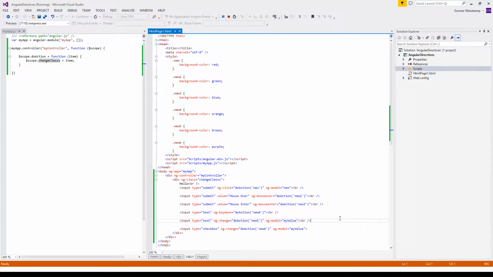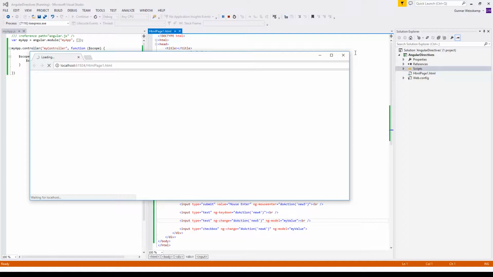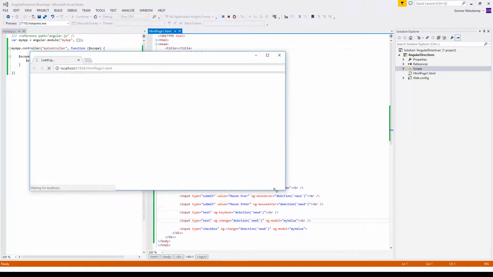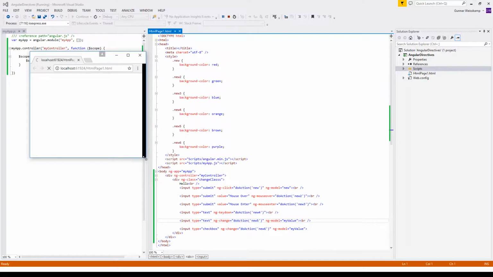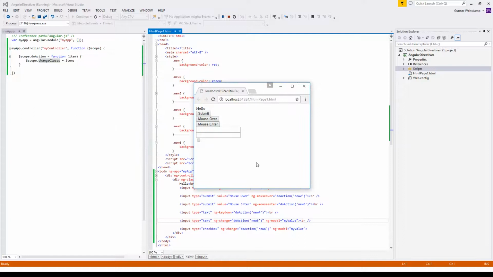We all live in hope. Okay, we got a white screen. Alrighty, okay, that's looking promising. Let's make it a little bit smaller. Right, okay, so